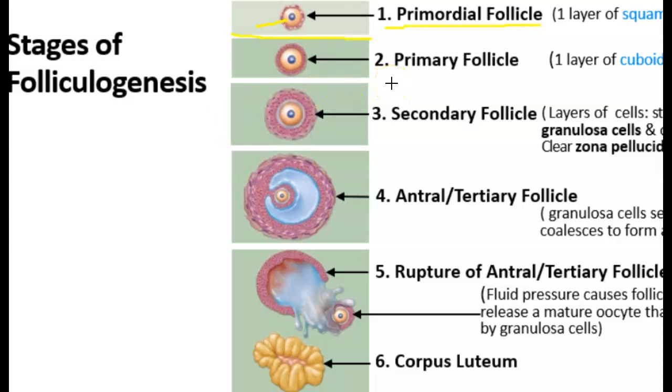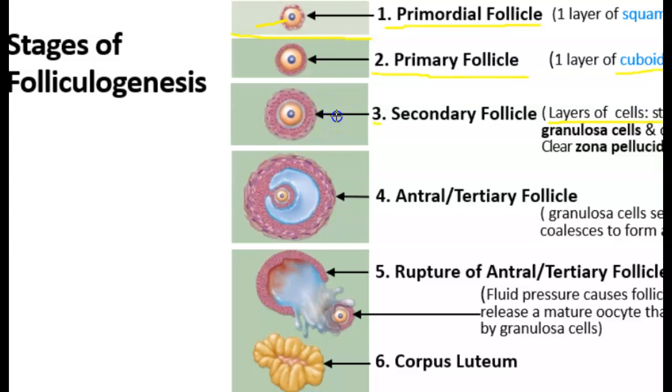But over time, that primordial follicle changes to a primary follicle. Instead of a primordial, now it's a primary follicle. And this occurs when those squamous cells become cuboidal. After that, the cuboidal cells multiply by mitosis, and so you get layers of cells. Now we have a stratified cuboidal epithelium,